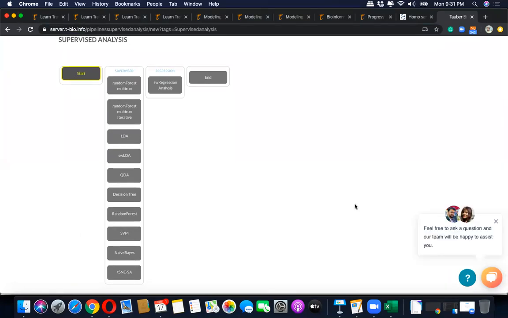Here you can see that you have several algorithms. You have random forest multi-run, random forest multi-run iterative. So what are random forest multi-run and multi-run iterative? We want to run random forest several times. So when you have a data set, and when you want to expand from 15 genes